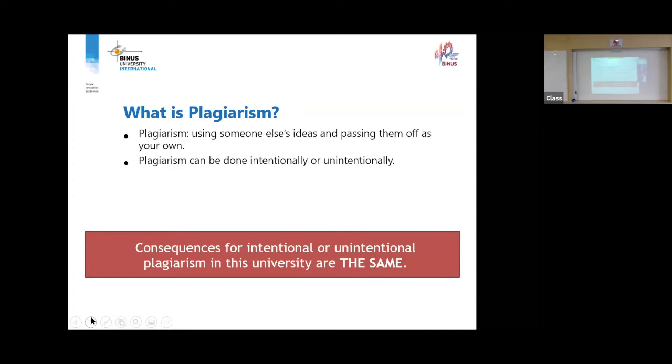And plagiarism can be intentional or unintentional, as you said. But whether it's intentional or unintentional, plagiarism in this university is the same. We treat them differently, but we still label that as plagiarism.